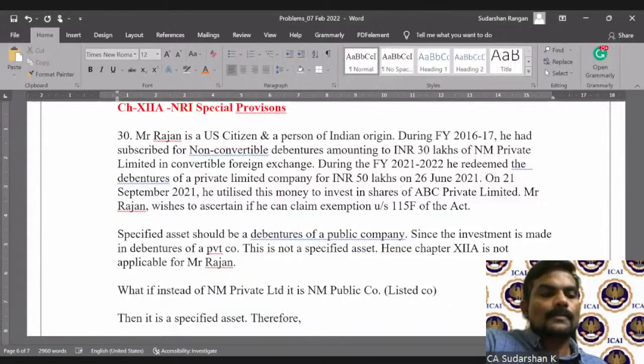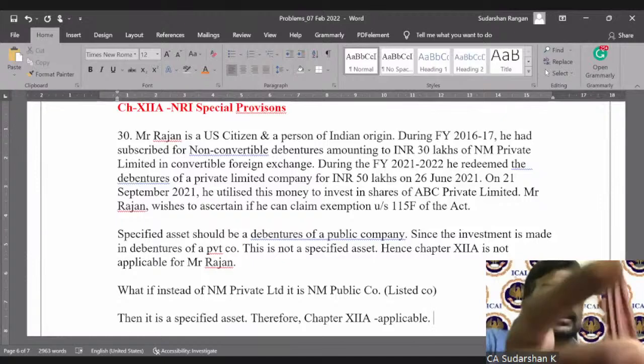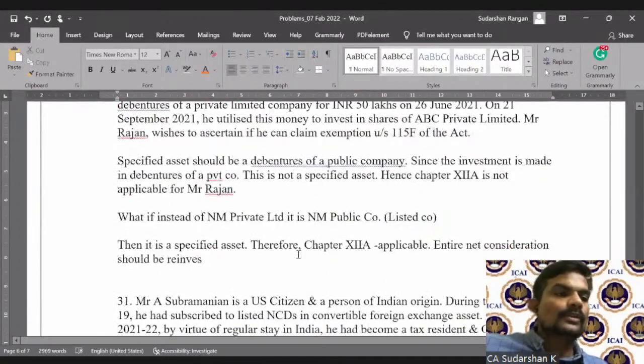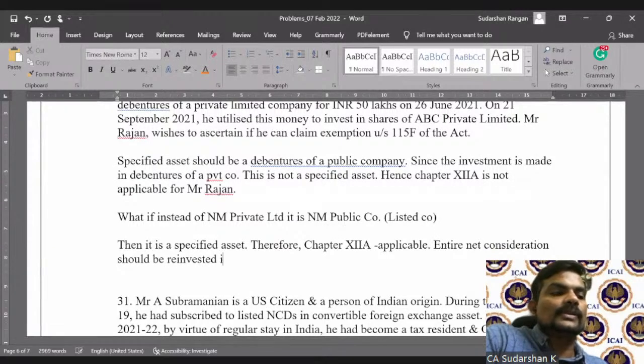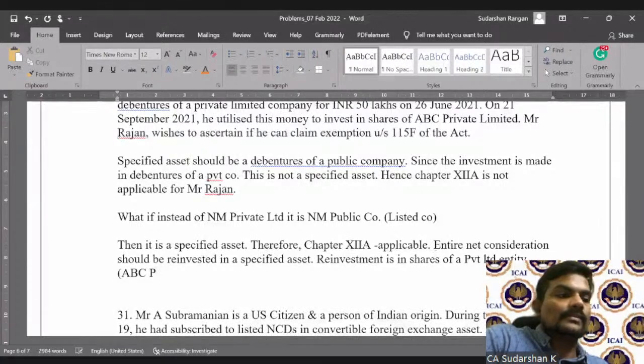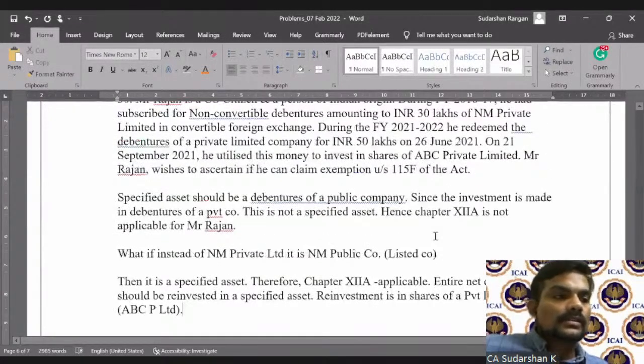Therefore, Chapter 12A will be applicable because this is convertible foreign exchange, a specified asset. And the entire net consideration should be reinvested. What does 115F say? Entire net consideration should be reinvested in a specified asset. Now, the reinvestment is in shares of an Indian company, shares of a private limited entity, ABC Private Limited. So, the question is, we'll just